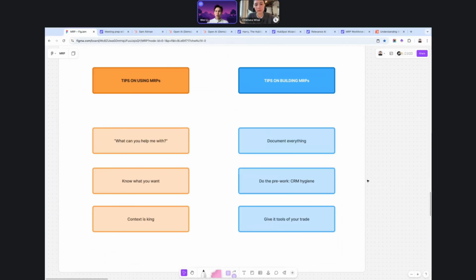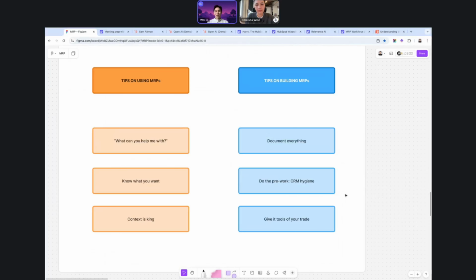The second part to building MRPs like this, and I think you called it out, is a bunch of troubleshooting. Not really, but only if you've done the pre-work, which is you understand exactly how your data lives or is structured. You trust that data in the first place, so that if an agent is going to go into your CRM and read from it, you trust that it is actually correct. Because if you don't trust it yourself as a human, then whatever the agent is going to read is also going to be wrong. And so doing the pre-work, which is CRM hygiene, this is a huge call out.